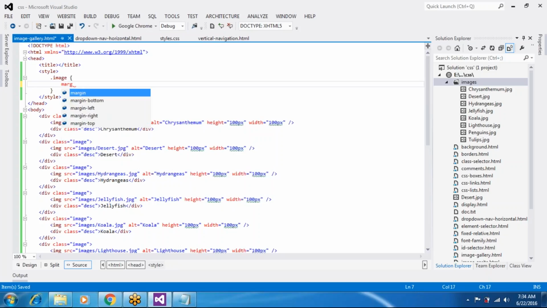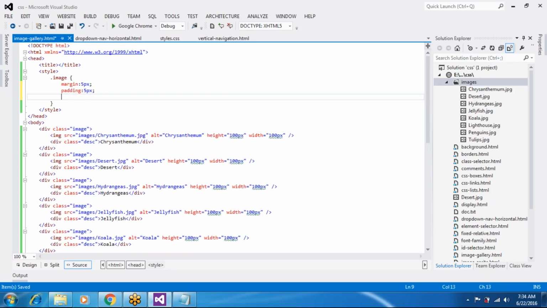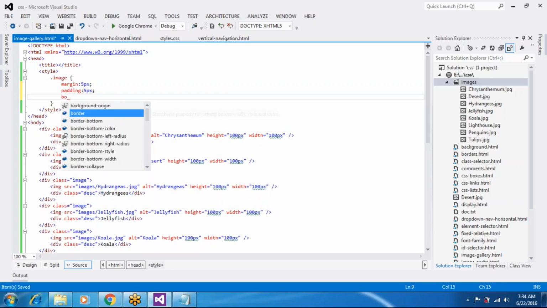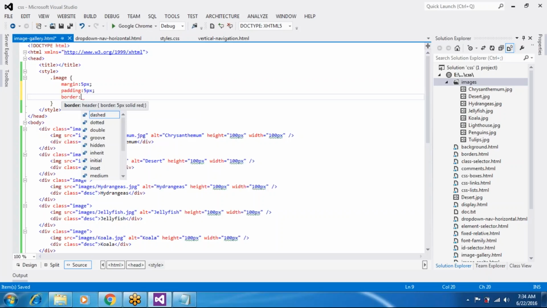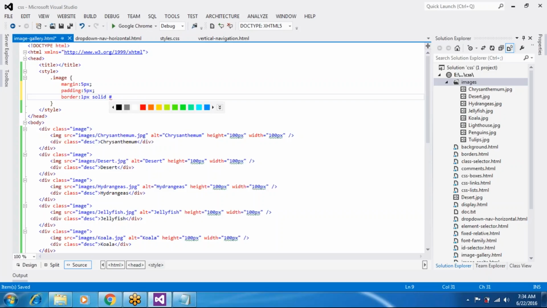So margin is 5 pixel, and padding also 5 pixel, and the next border, 1 pixel border, and solid, and color, border color is